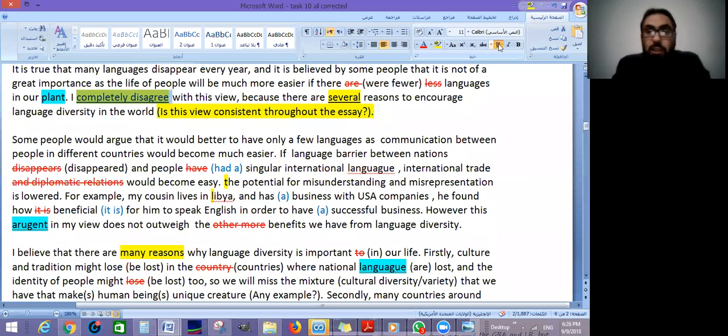So we have to disagree now. We have to disagree with that because we say we completely disagree, there is no room for concessions. There's no room for anything. We just have to go against it. Some people would argue that it would be better to have only a few languages, and communication between different people in different countries would become much easier. If language